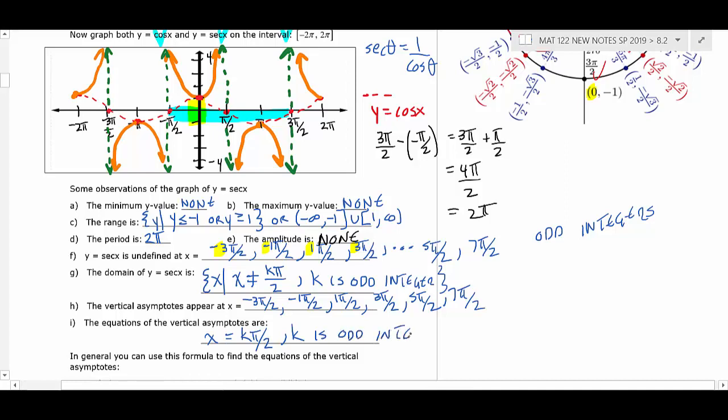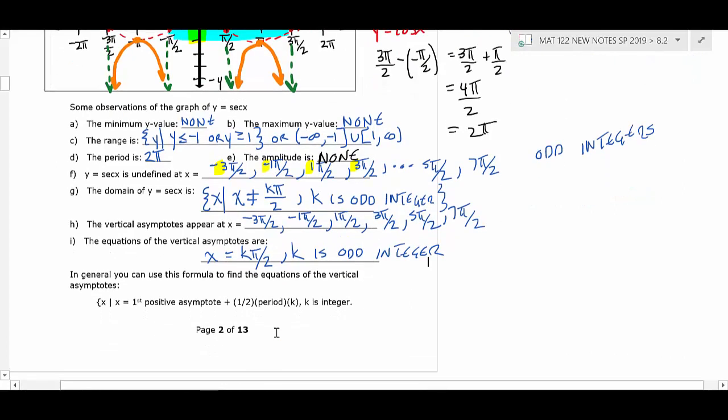You have to say it's an odd integer, you have to tell me what k is, in other words. Okay. So that's one thing that you do with these graphs is you have to identify the asymptotes. I recommend writing out the asymptotes on your graph and seeing if you see a pattern. Most of the time you will, and then just writing your formula based on that. If you have trouble seeing the pattern,